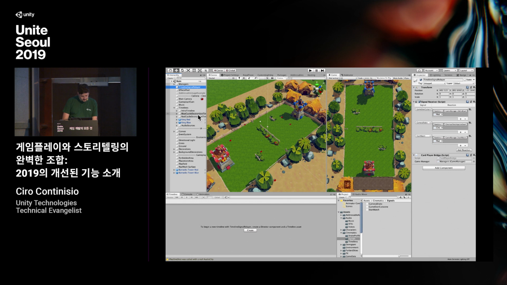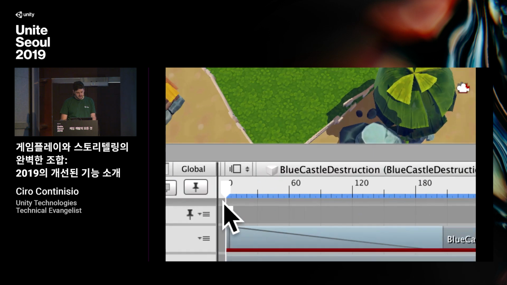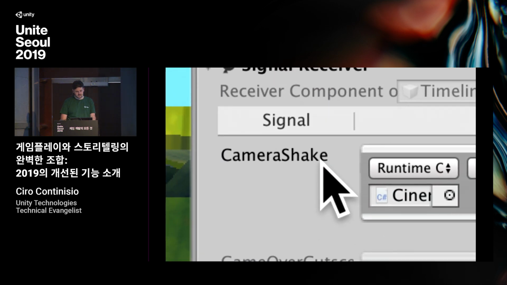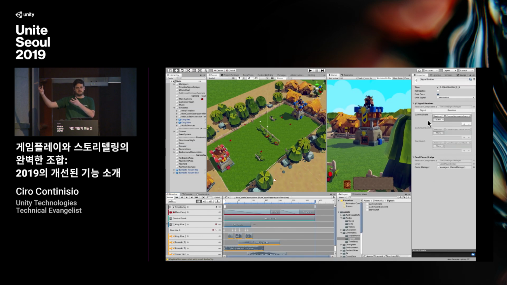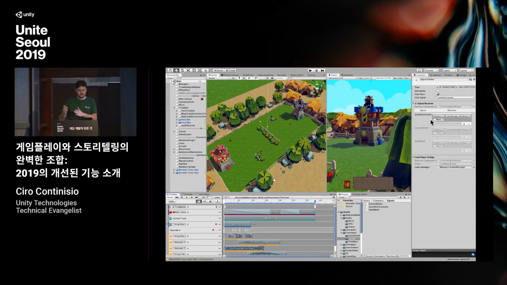Other examples here are in the destruction of the tower. Here I have a signal at the beginning of the timeline, which broadcasts on camera shake, and this sends a signal to Cinemachine to produce a shake on the camera, so that when the destruction happens, the camera also shakes, right? And here I have another one at the end, which broadcasts on game over. So this will tell the game that everything is finished, and then you can show the UI for the game